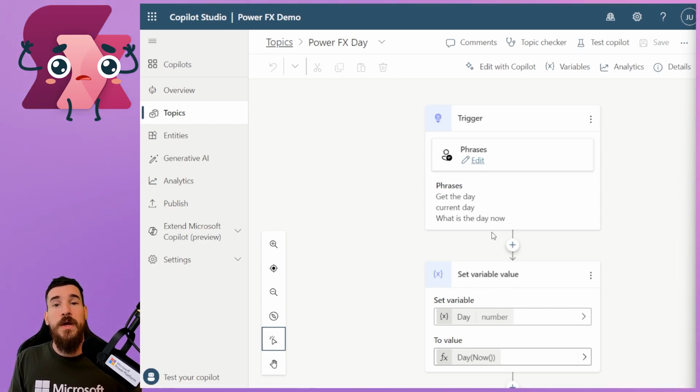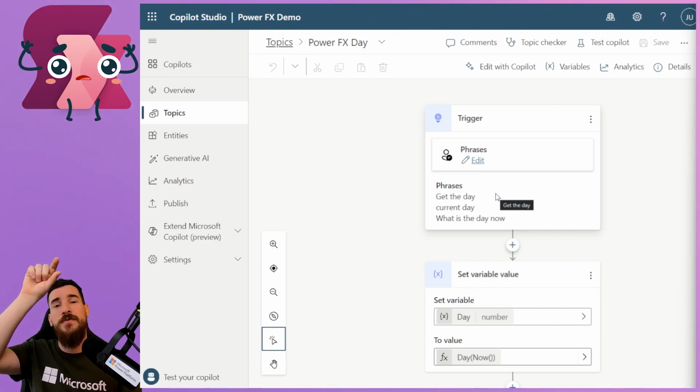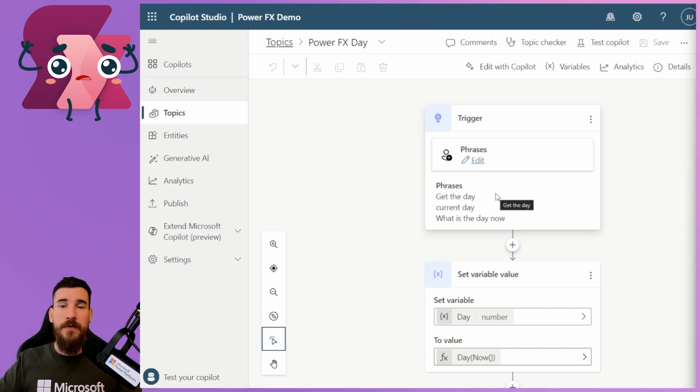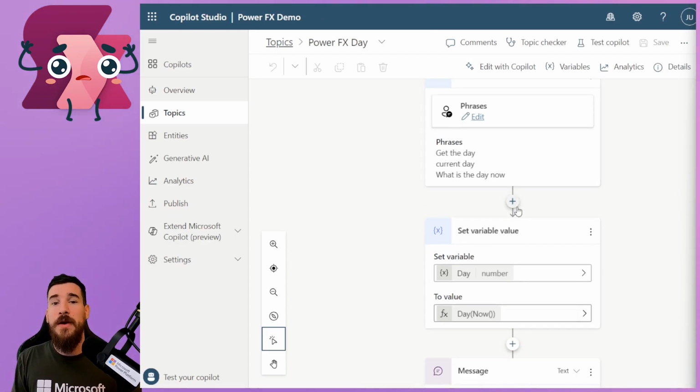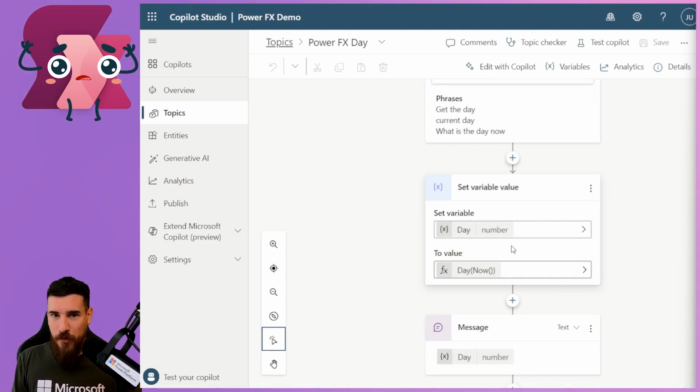Okay, so just to make sure we're all on the same level set here, what I've got is a topic called PowerFX Day. I've got trigger phrases, and this is similar to how Power Automate works. If you've got a trigger, then it runs the flow. If you've got a trigger here, then it runs the topic, but this uses phrases. So I've got get the day, current day, what is the day now? And then it allows you to say things similar to that, and it will match it up and then trigger this topic. Okay, so now that's out of the way, let's get on to what we're here for, the day